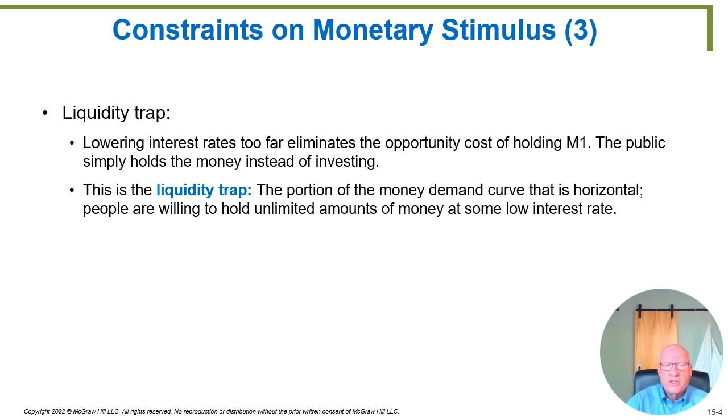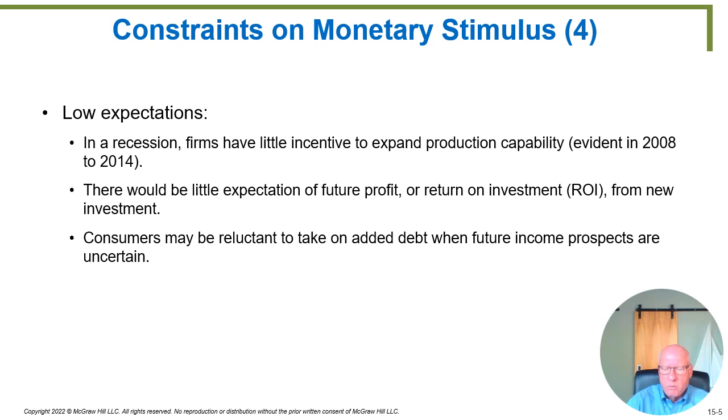The point here, of course, is that with a liquidity trap, it could very well be that the money demand curve that we talked about at the very beginning of 15.1 may turn out to have a horizontal section to it. And what this means is that people are willing to hold an unlimited amount of money at some low interest rate, whereas normally they would have chosen to get rid of money by putting it into another investment. Let's take a look at a picture of it. It'll make more sense. Oh, I'm sorry, I went too quickly. The graph will be coming up in the next slide or two.